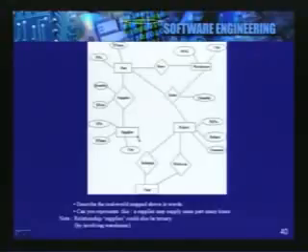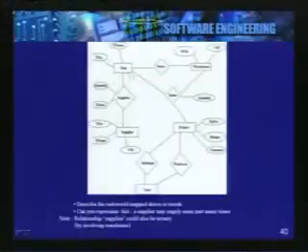Now we will again look at some specific issues in this model and check whether it does what I need in my real world, whether we have done it correctly or not. So let's concentrate on the part on the left hand side, and we will discuss here some issues and see whether those are properly handled here.